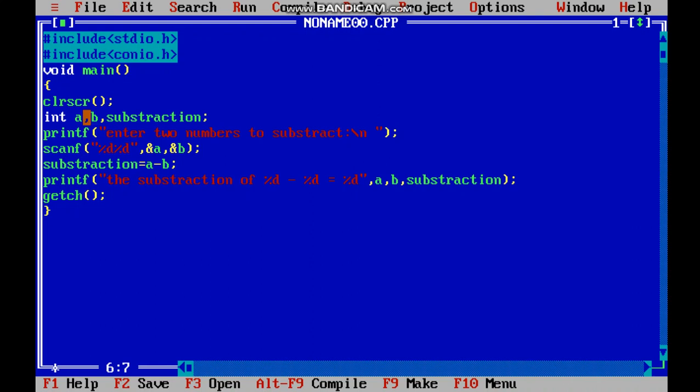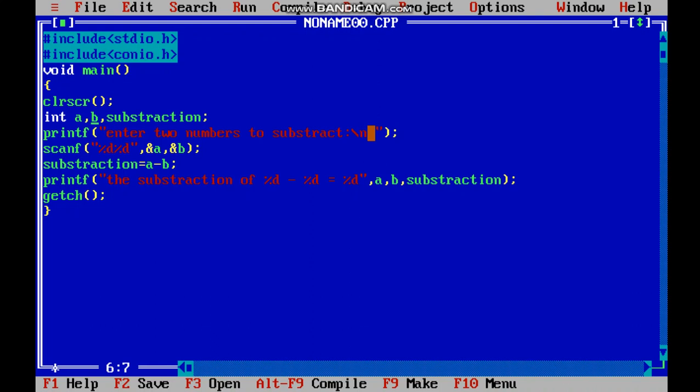It won't take. So after this line I use the printf function. Its only purpose is to print something on the screen. It does not do anything else. Enter two numbers to subtract. Okay, it will give you exactly this line. And I used backslash n. It means now it is providing the next line.